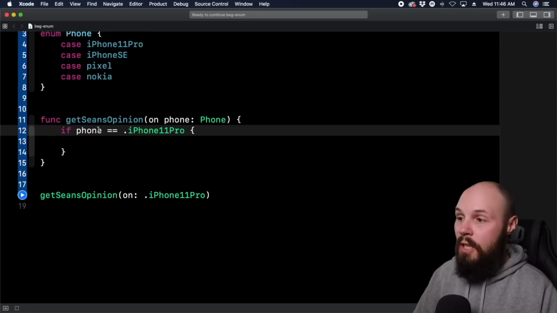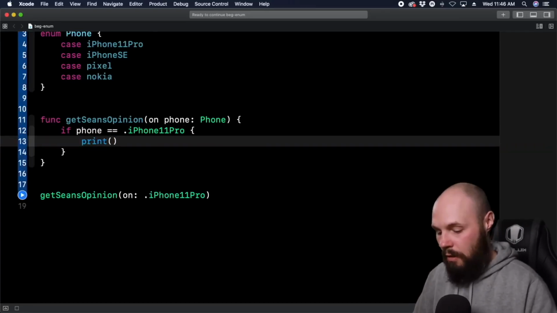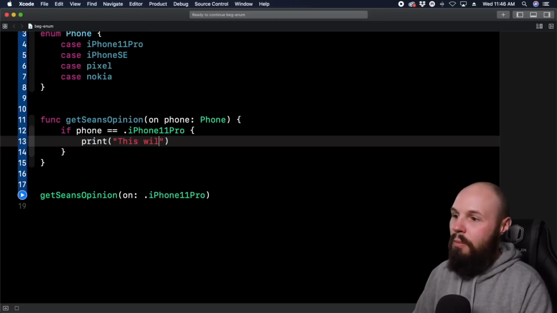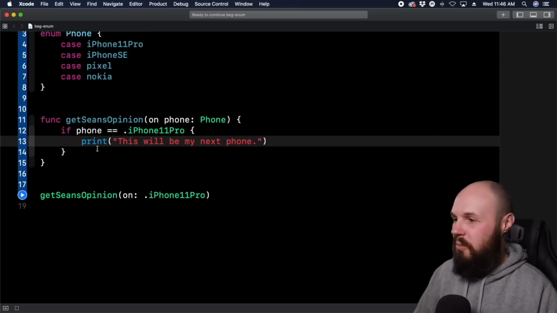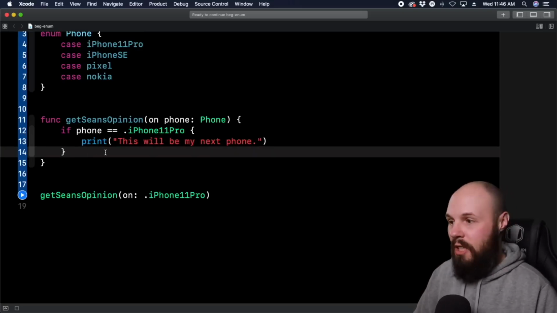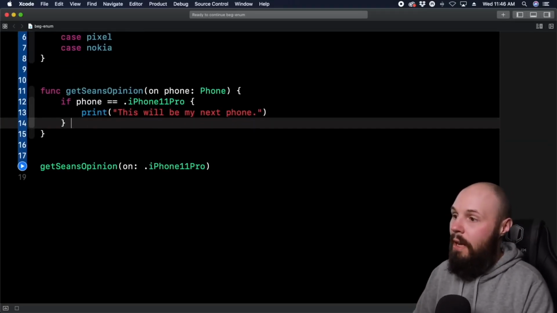So if phone is equal to, remember the double equal sign, iPhone 11 Pro, we want to print, this will be my next phone. It won't be, because I'll wait for the iPhone 12, but whatever. And now multiple paths with the if statement. This is review from a previous video. So else if